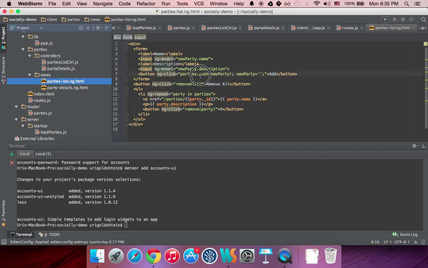So let's go here. And when I'm pushing, before I'm pushing a new party, I want to have the new party owner equals to $root.currentUser.id. What happened here is that once we have the accounts password package, then Angular-meteor takes care that